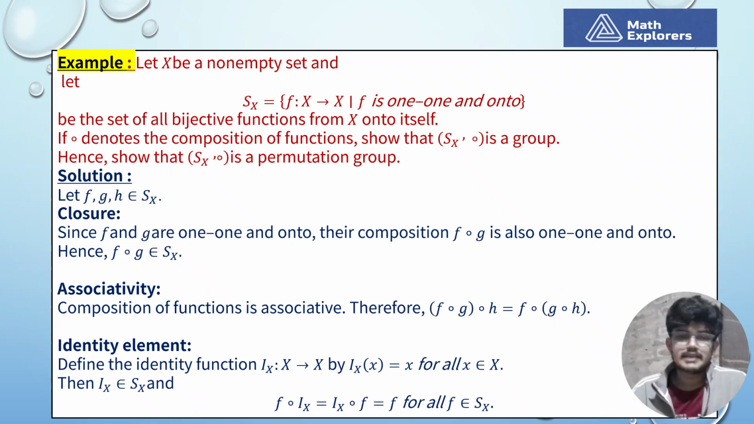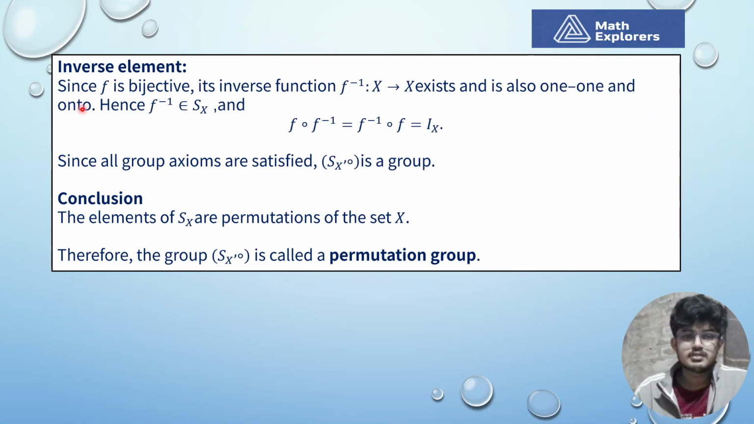Next page. Existence of inverse. Since f is bijective, its inverse function exists and which is also one-one and onto. So f inverse belongs to Sx. Now it is clearly f compose f inverse equal to f inverse compose f equal to ix. So f inverse is the inverse of f. That means each element of Sx has the inverse in Sx. So conclusion, Sx is the set of all permutations group. So it is a permutation group. Clear? Now next,